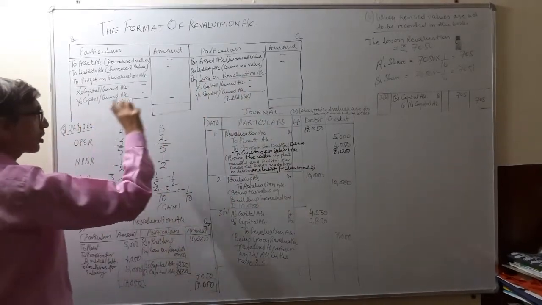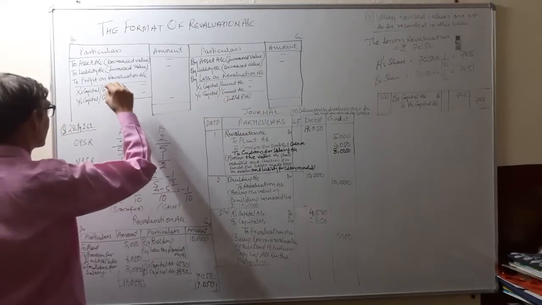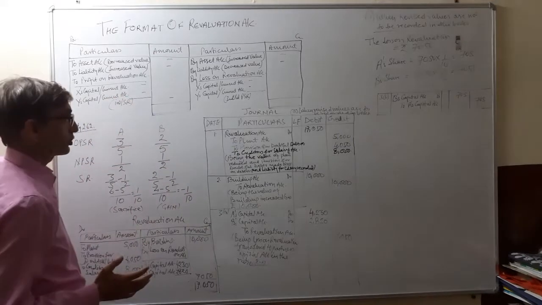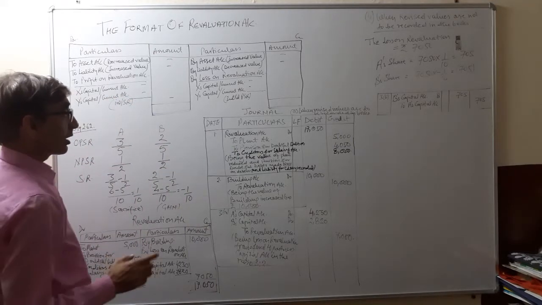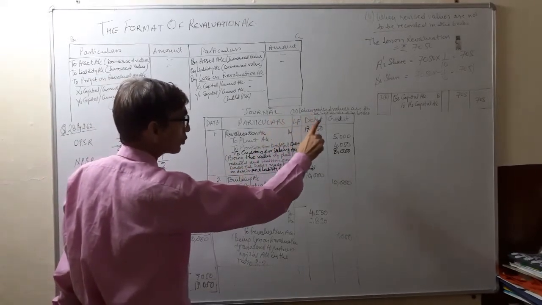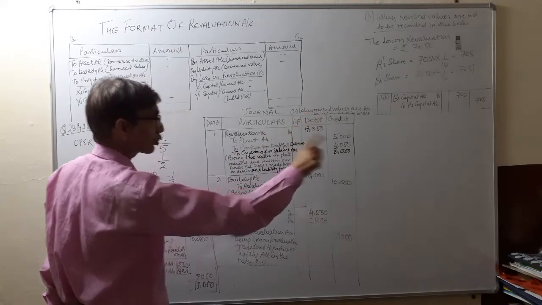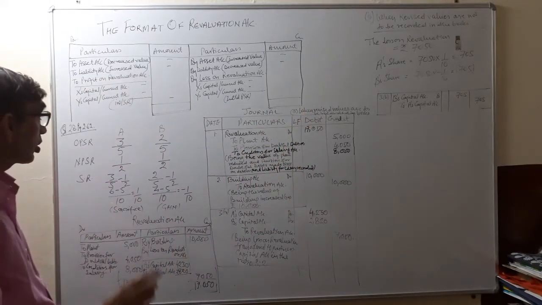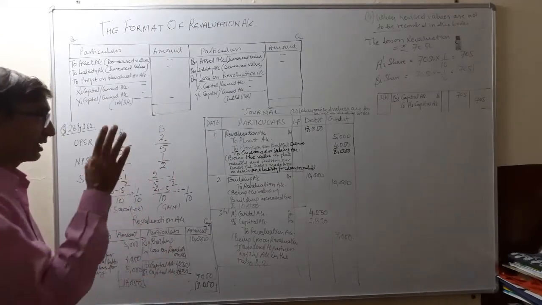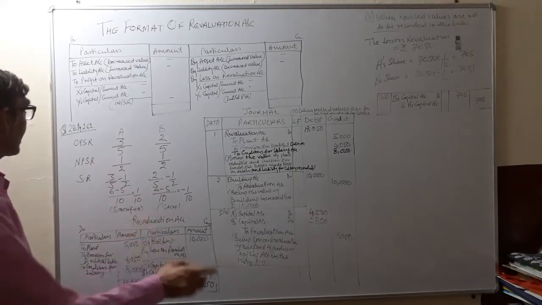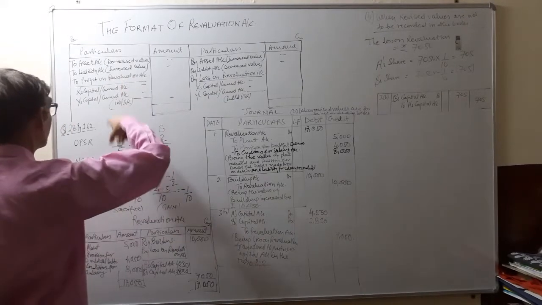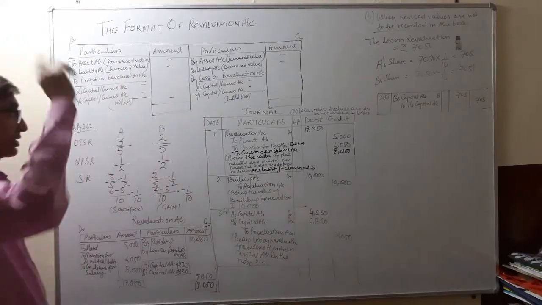Now this profit or loss will be distributed among the partners in their old profit sharing ratio. Is it clear? This is done when the revised values are to be recorded in the books. If the firm wants to record the assets and the liabilities at the increased and decreased values, then the profit on revaluation account or the loss on revaluation account will be distributed among the partners in the old profit sharing ratio.